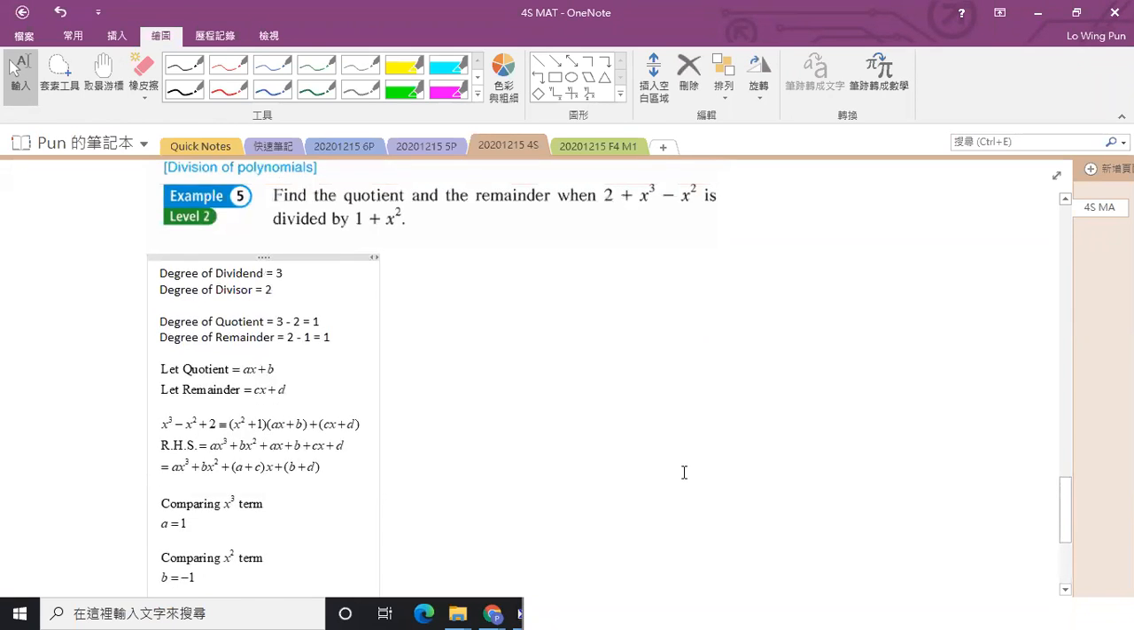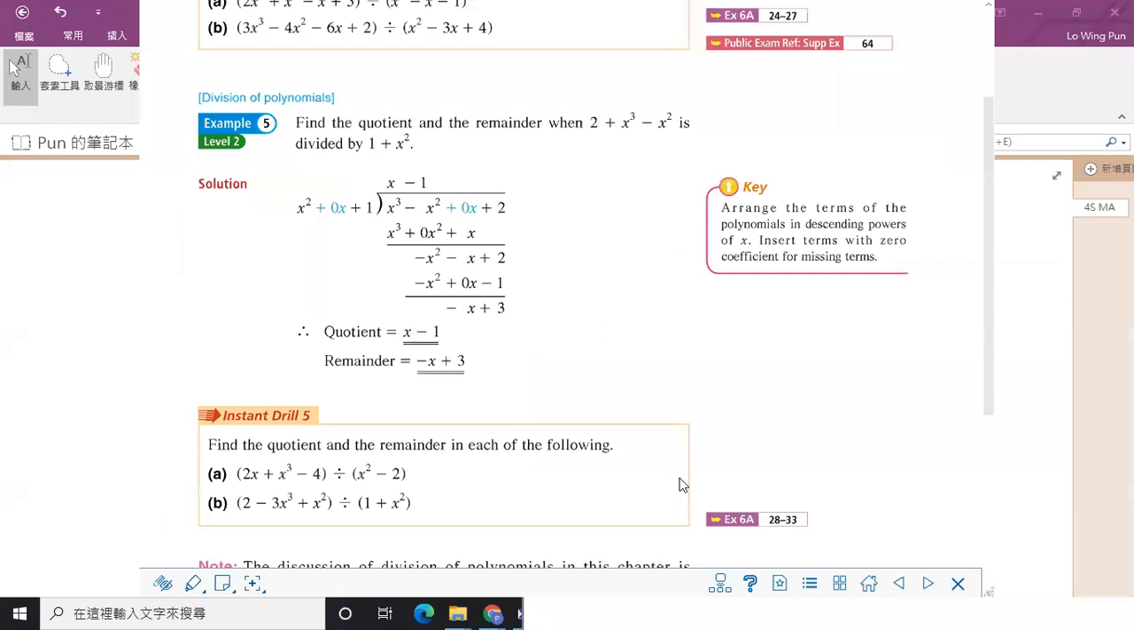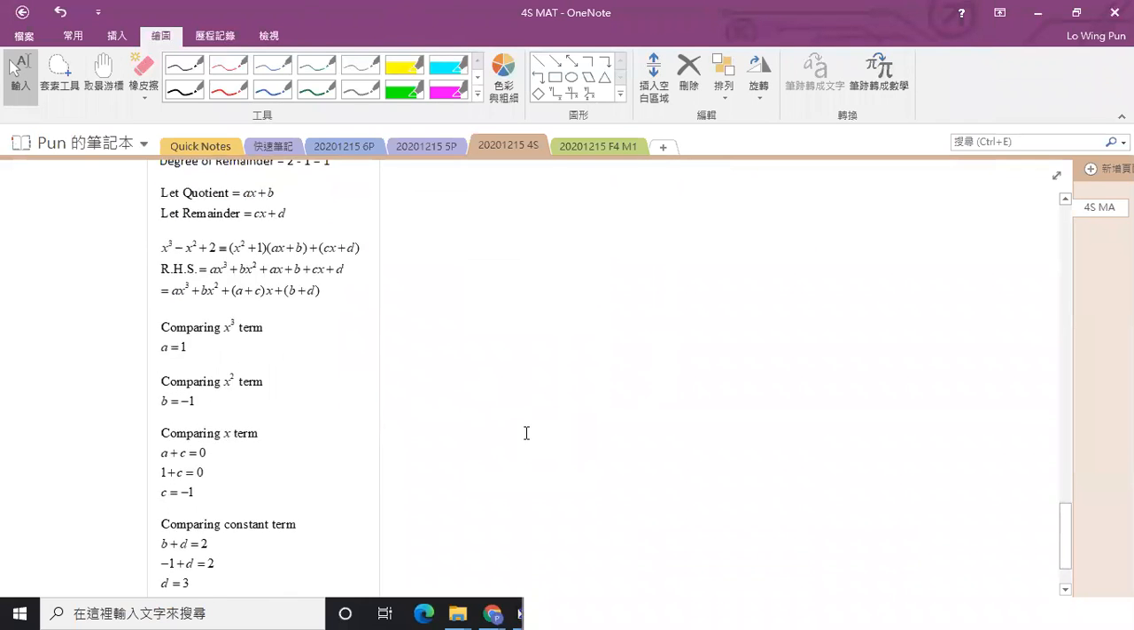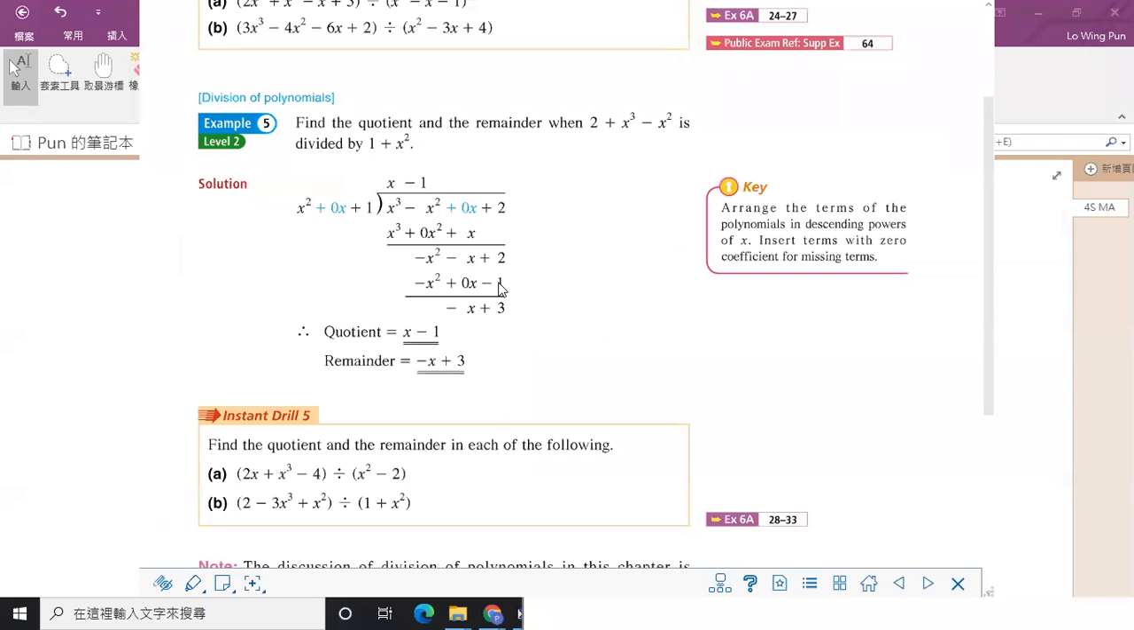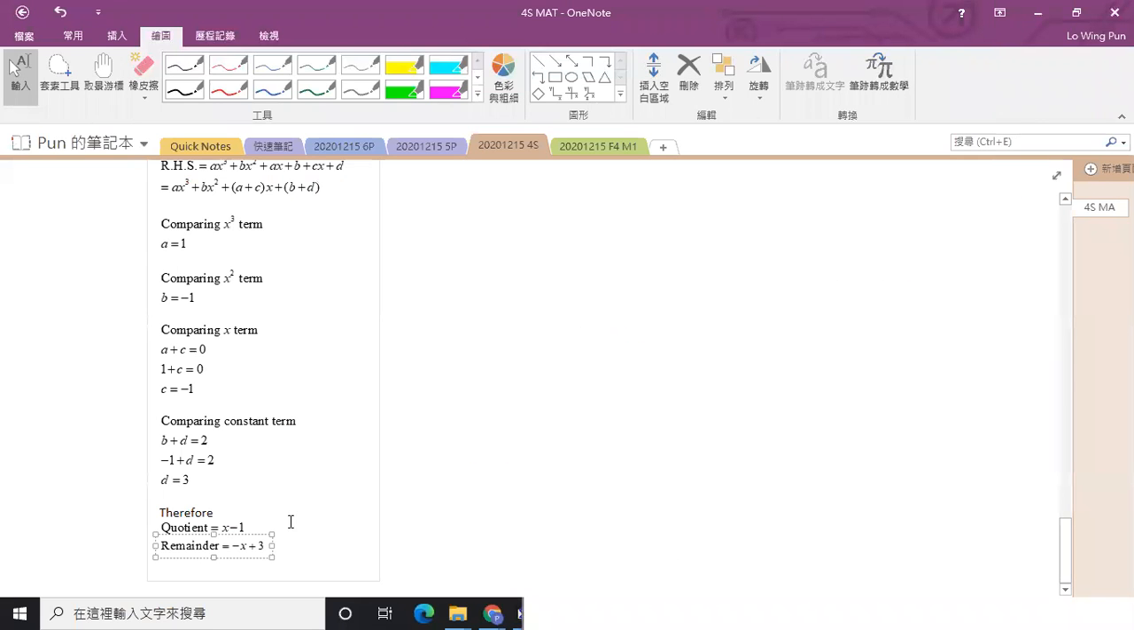So that's all there is to it. This is how we build up the quotient and the remainder. Quotient is x minus 1, and then remainder is -x plus 3. This is example 5. Tomorrow, please do instant drill number 2 to instant drill number 5 for me. Okay, so I'll stop here for today. So if there is no more